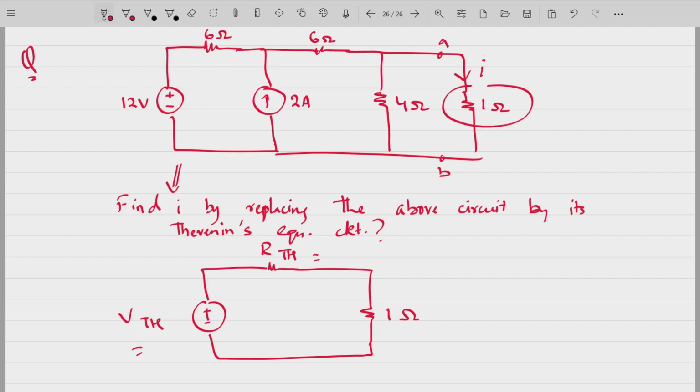RTH is 3 ohms. When you open circuit this, the 6 and 6 will simply be in series, 12 ohms, and then they will be in parallel with the 4 ohm resistor. 12 into 4 divided by 16, that is 3 ohms. So your RTH is coming out to be 3 ohms. And VTH